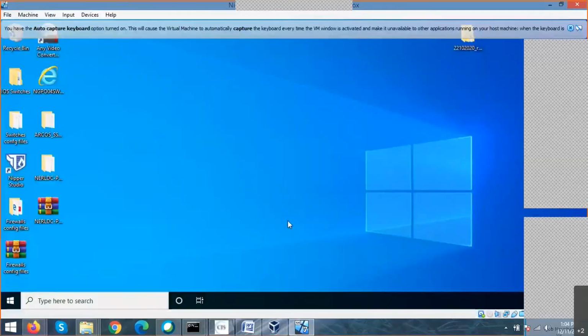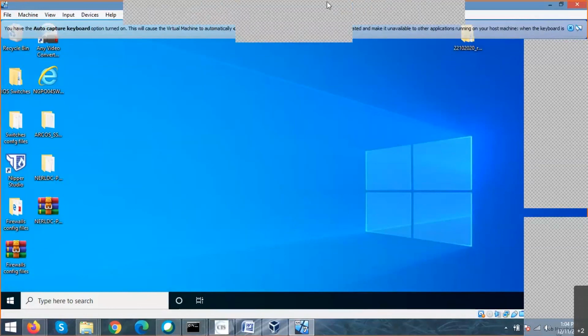So it has been opened, I'm just typing gpedit.msc. I think it is slow, so maybe I have to increase my RAM.